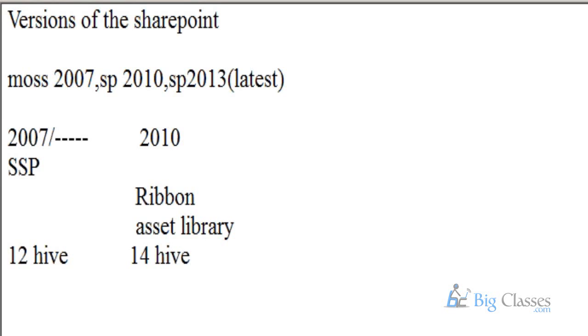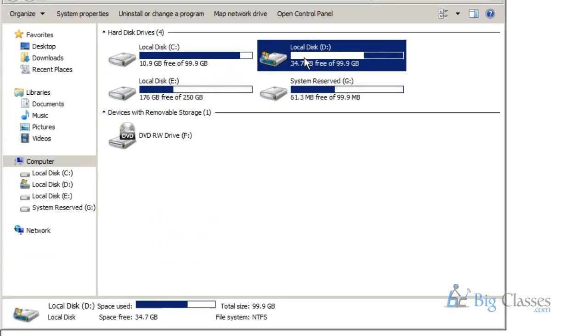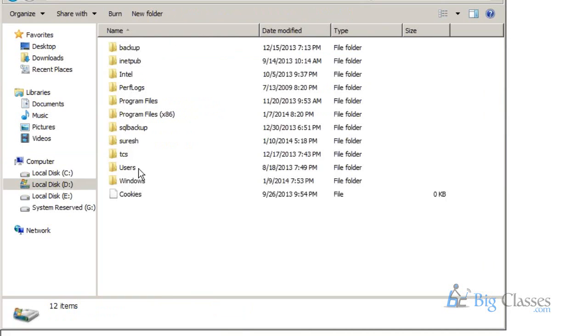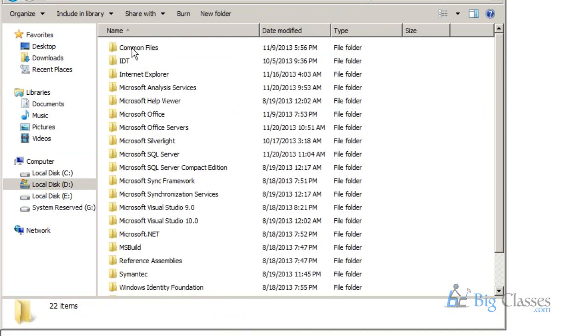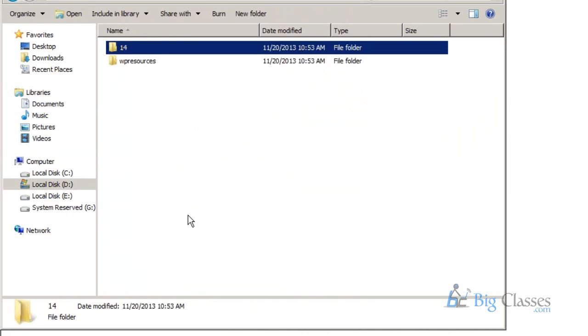See, where can we find it? Can you tell me the path? Any idea? SharePoint install drive, Program Files, Common Files, Microsoft Shared, Web Server Extensions. What is it? 14. Under this folder, we can see all the files which are related to SharePoint. If it is SharePoint 2007, maybe 12. 12 Hive. If it is SharePoint 2013,